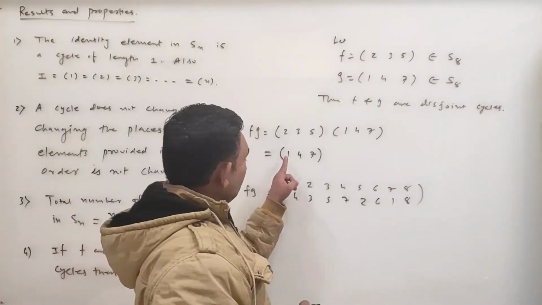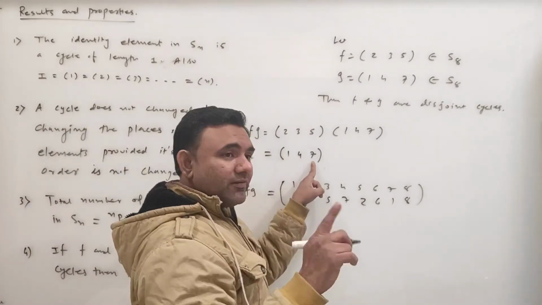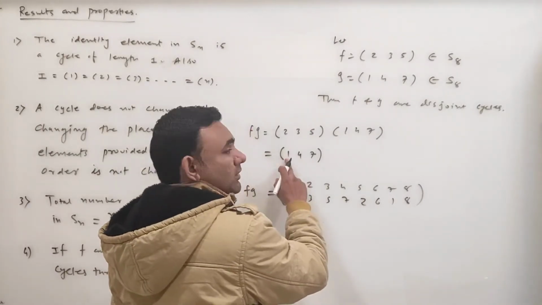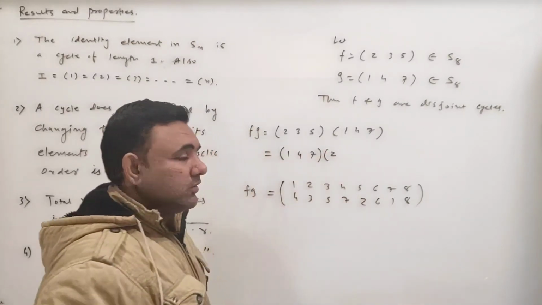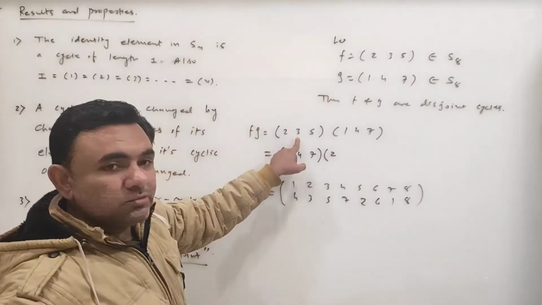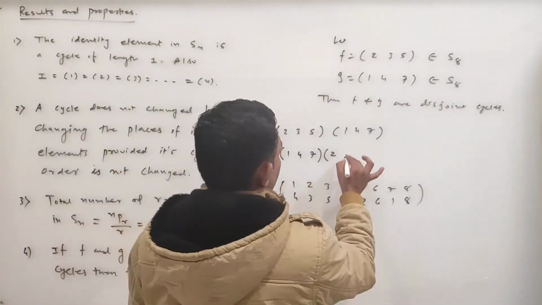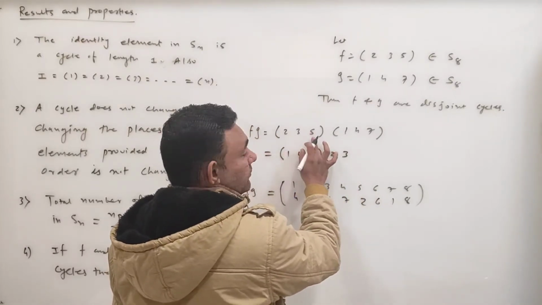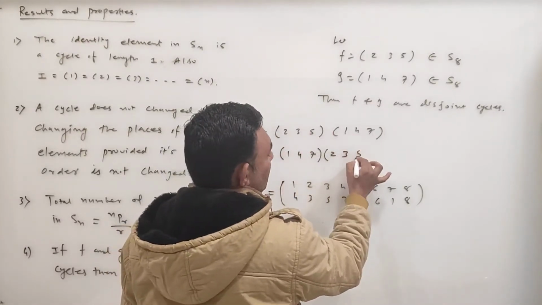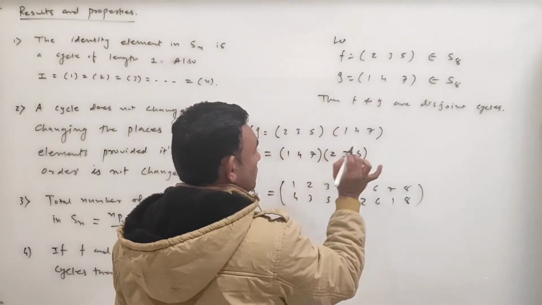Next is whatever the missing object here, you start with that object. So here 1, then 2 is not here, so let me start with 2 here. 2 goes to 3 and here 3 goes to 3. So 3. Now 3 goes to 5. 5 goes to 5. 5 goes to 2 and 2 goes to 2.